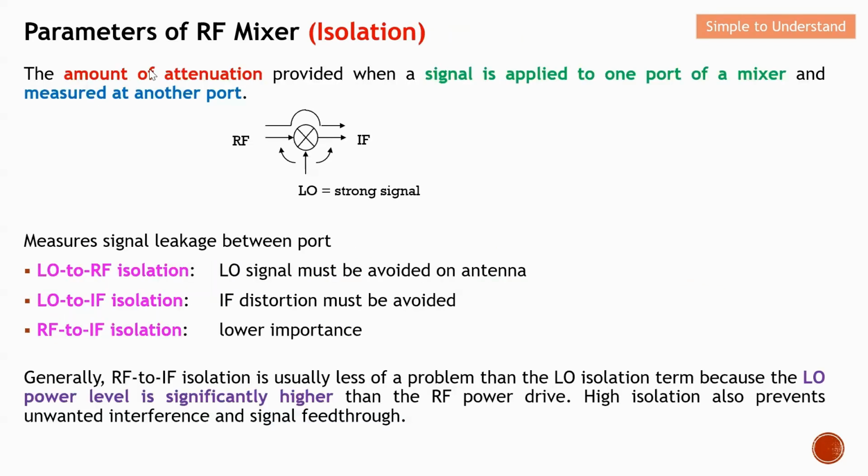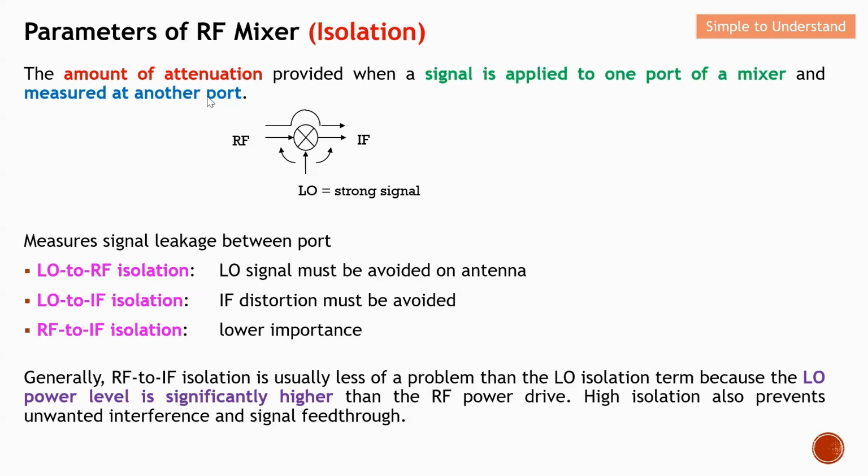Let's come to the second parameter of RF mixer, which is isolation, signal leakage between ports. Let's come to the definition. Basically, isolation is the amount of attenuation that is provided when a signal is applied to one port of a mixer and then arrives at the other port. So this is a quick definition